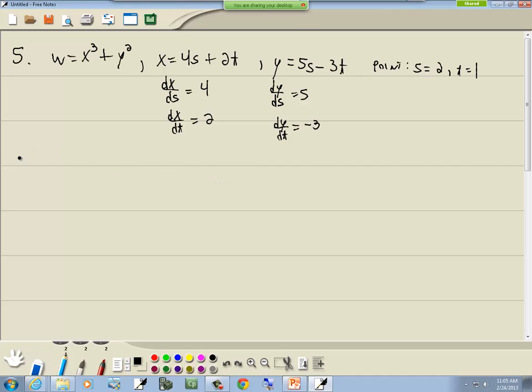Okay, so the first thing they're asking us for is the partial of w with respect to s. What are they asking for? Yeah, partial of w with respect to s. And this will be the partial of